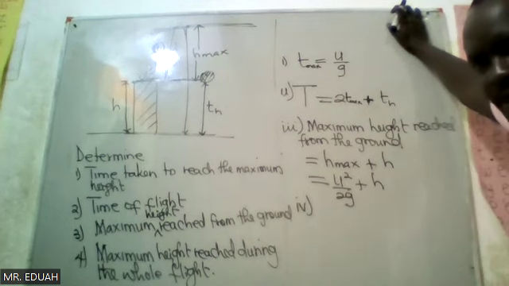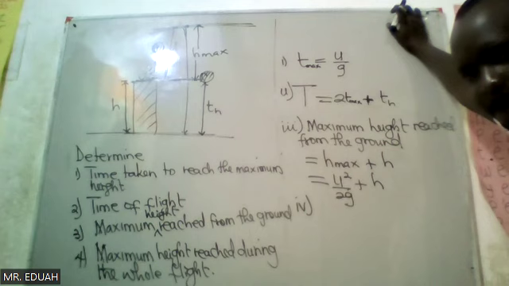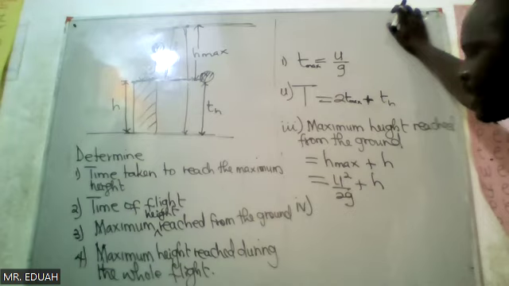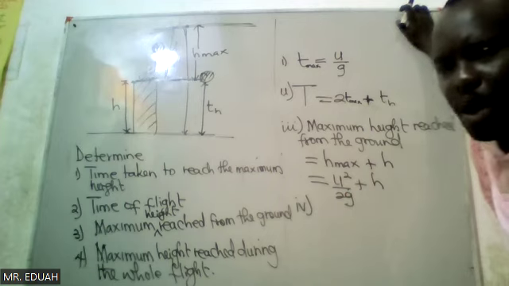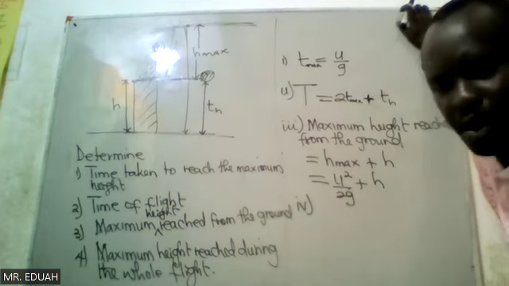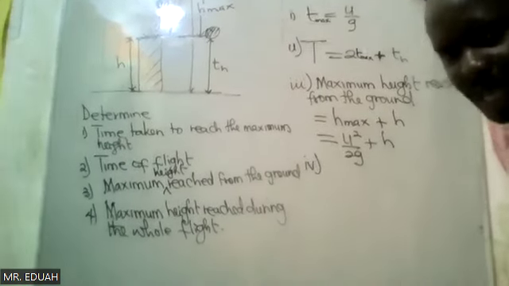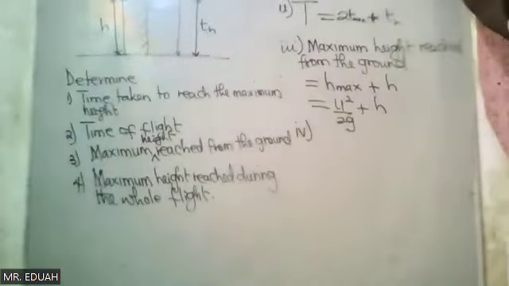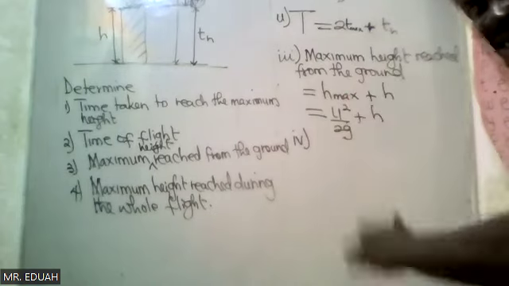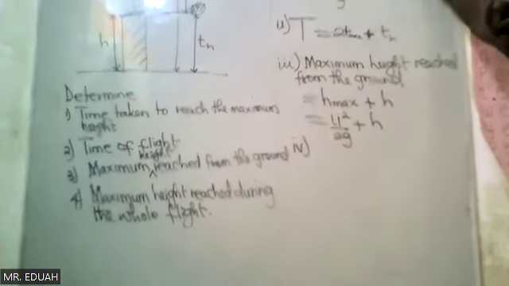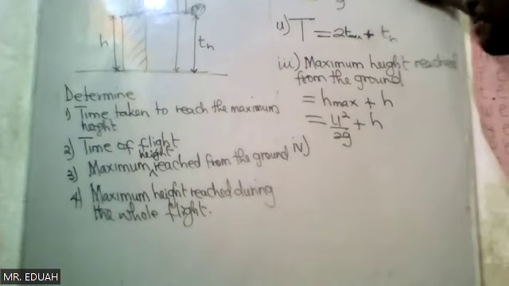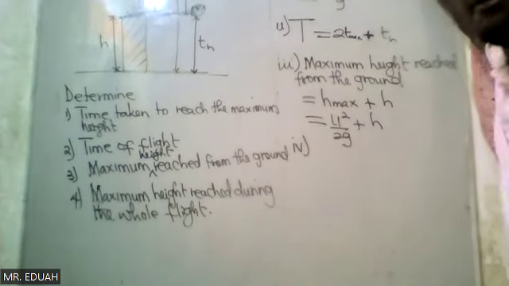Sir, please, when you are finding all these in the question or the diagram, will they give us the values that we use to get these, or do you need to find them yourself? Gabby, don't worry. I will solve questions with you so you know how to apply it. We are just going through the theory today. I'll look for questions to this effect and then we will solve. So you relax. How do we determine the maximum height reached during the whole flight?